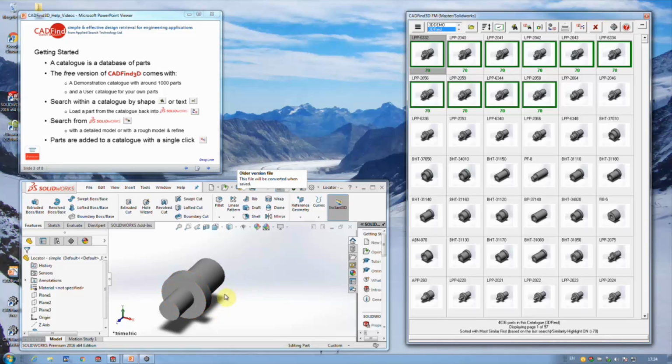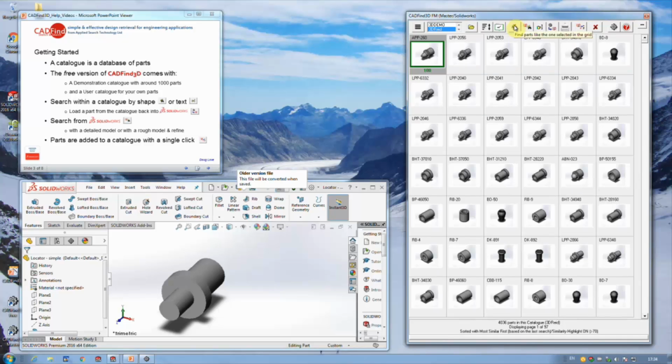Now these will be closest to what CADFIND thinks the geometry of this simple model is, because it may not be the case that that is actually the part we want. It may be that this one down here is the nearest on that page, or maybe we might have to go to another page. If we highlight that one that looks like the best match so far and click a search within the catalogue, you can see it then picks up a whole load of other ones that may be suitable. And as before, we can load them back into the CAD system to see whether they